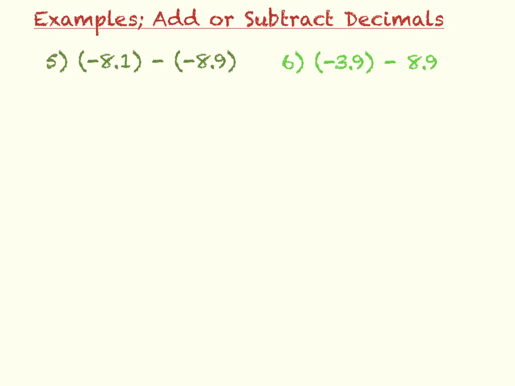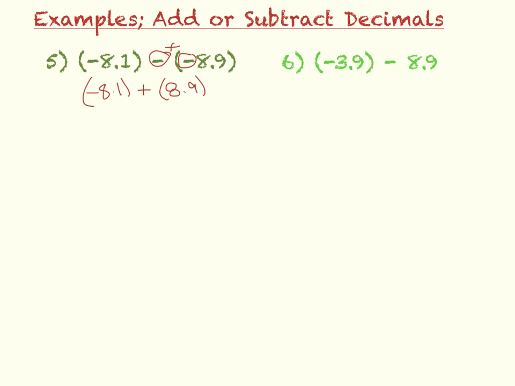Example 5, negative 8.1 minus negative 8.9. Okay, so if we remember our negative rules, when we have a negative and a negative next to each other, that cancels out to a positive. So I'm going to rewrite this as negative 8.1 plus 8.9. So now in this case, what we're doing is just what we were doing before, because it's an adding